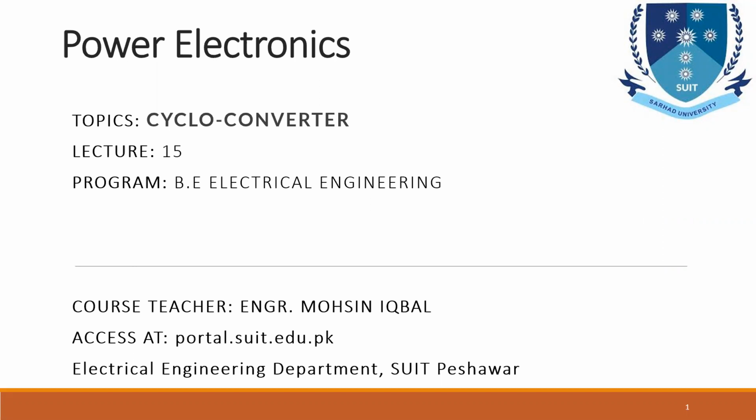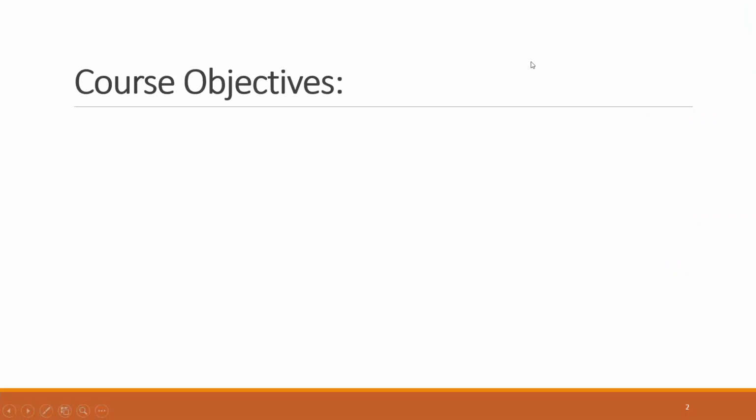Basically, a cycloconverter is a type of converter which converts one form of AC to another form of AC, but the magnitude and the frequency change in that case. So it's a type of power conversion where the form remains the same. On both sides, the input is AC voltage and the output is AC voltage, but the difference may come in the frequency, or it may come in the amplitude.